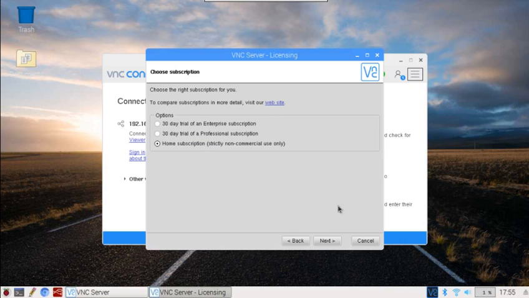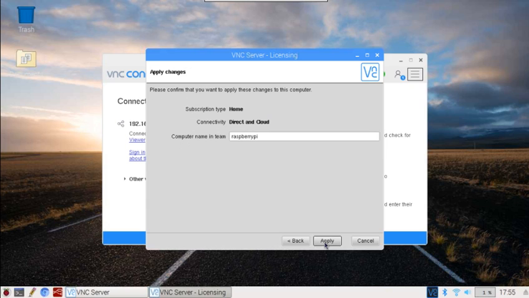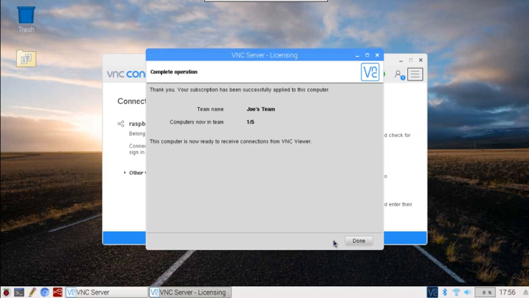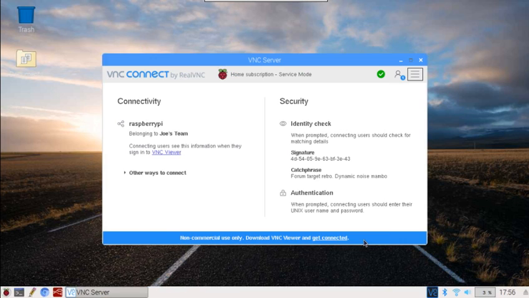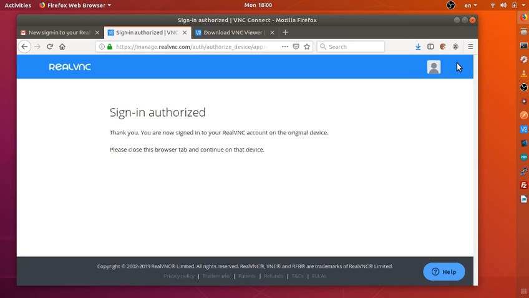Okay, pick this one, then click next, give it a name. I think the default name should be good, Raspberry Pi, then hit apply. Okay, hit done. Now I think everything is all set. Now let's do a final check just to verify that we are able to do the remote desktop with the Raspberry Pi. Okay, go to the VNC viewer on your laptop,